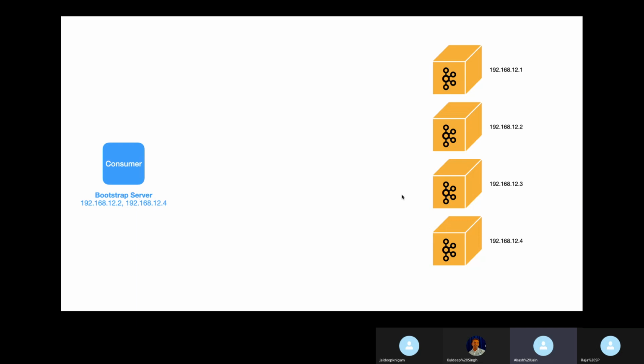As a part of the join group response, the broker is going to respond to all 3 of the consumers. One of the consumers will be the leader for that consumer group. The leader is going to receive a join group response that has the information of all the members of that consumer group, and the other consumers will get an empty response. It is simply an acknowledgement of the fact that, yes, I know that you've asked me to join the group, just hold on.